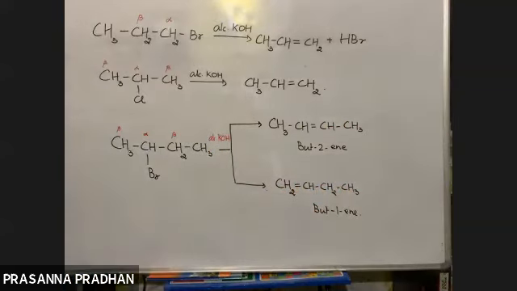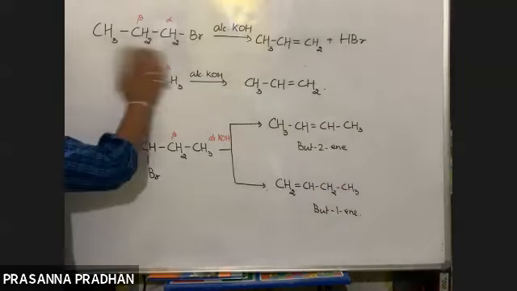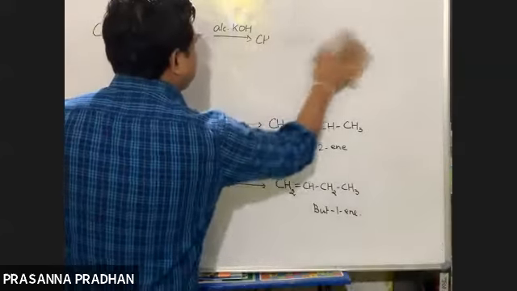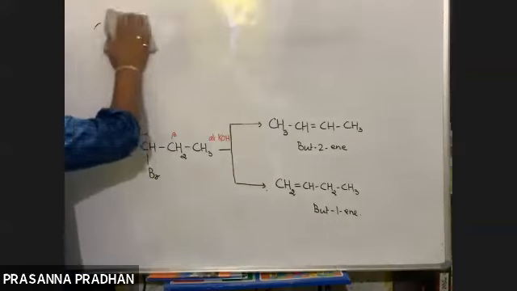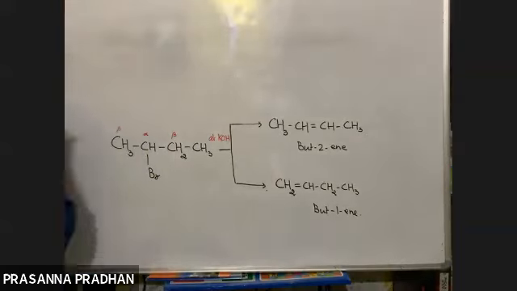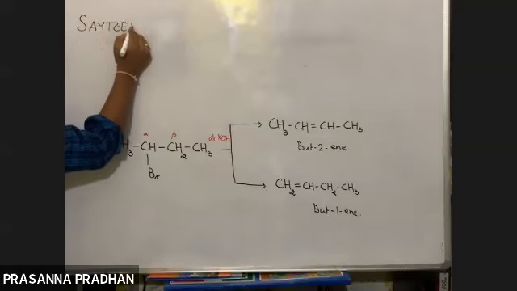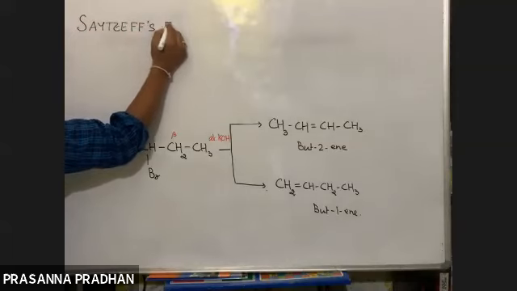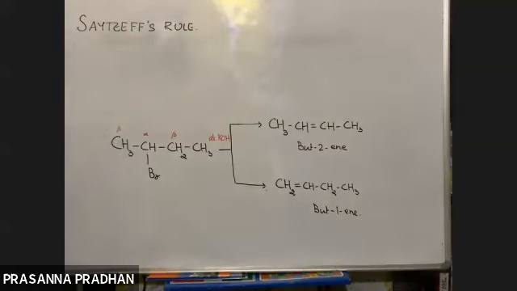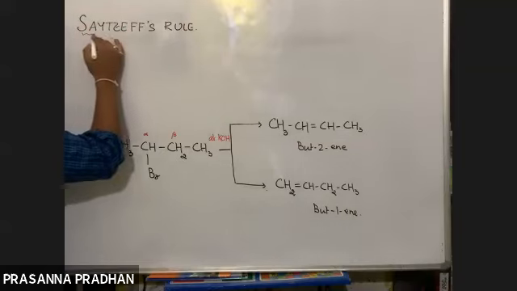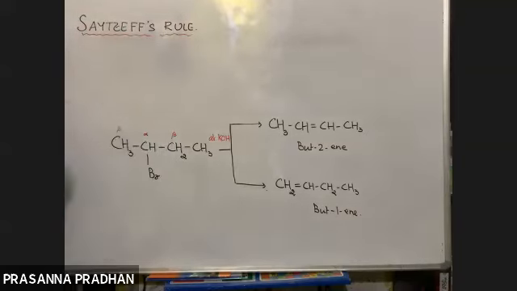So there are two products out here. In the earlier case a single product is formed, there is no issue. But out here there is a possibility of two products being formed. So which one will be the major product? Which of these products will be the major product is governed by a rule, which is known as the Saytzeff rule. In addition to Markovnikov's rule, in elimination we have to follow Saytzeff.